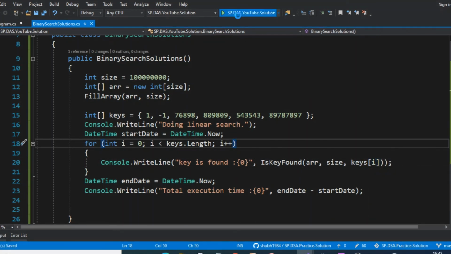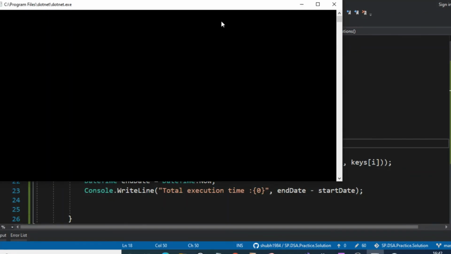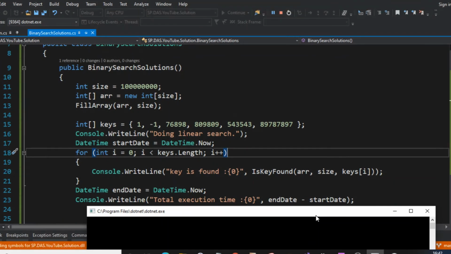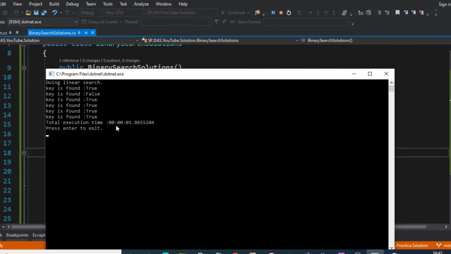Now look at how much time it takes just to get the 6 keys. It took around 1 second and 8 milliseconds.